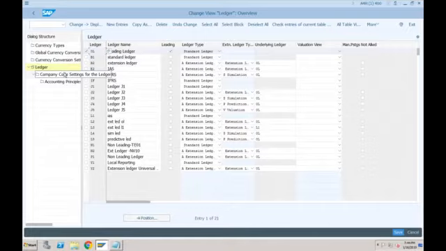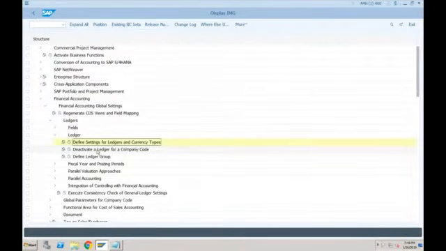But apart from the leading ledger, whatever non-leading ledgers you are able to see here, those are not mandatory. Those are all optional. You can decide which one you want to use for your company code and which one you don't want to use. And that too year specific. So you can say, okay, I want to use ledger IFRS only for 2018 and 19. Starting from 2020, I don't want to use IFRS.